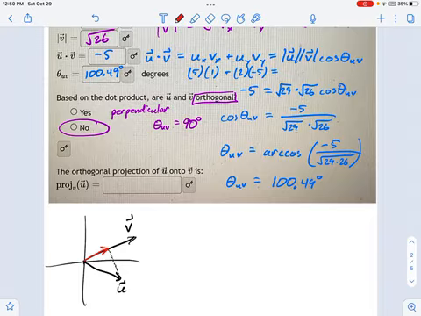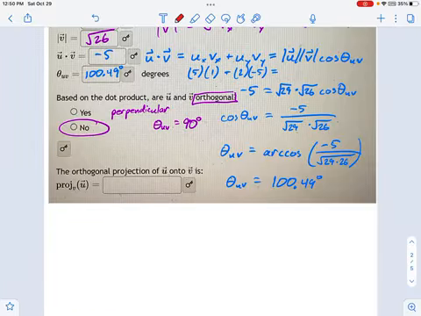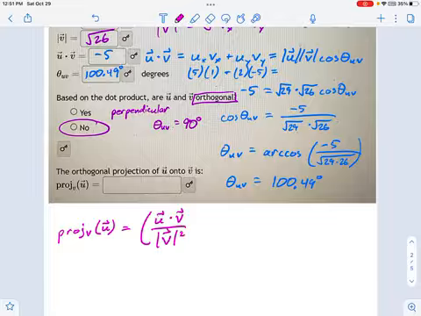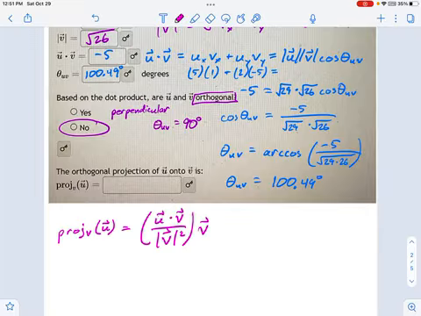Sometimes you get positives, sometimes you get negatives. Don't worry, it's kind of a nasty equation. Fortunately, at this point, we've calculated just about everything we need for it. So here's the equation that's going to be useful for you. The projection of u onto v is equal to the dot product of u and v divided by the magnitude of v squared times the vector v. Most of these things we've already calculated above. I know the dot product is negative 5. I know the magnitude of v was the square root of 26. Square it, you get 26.